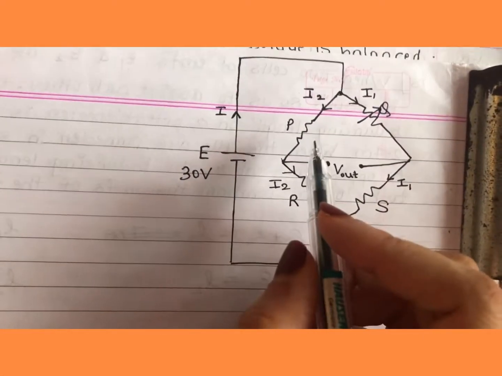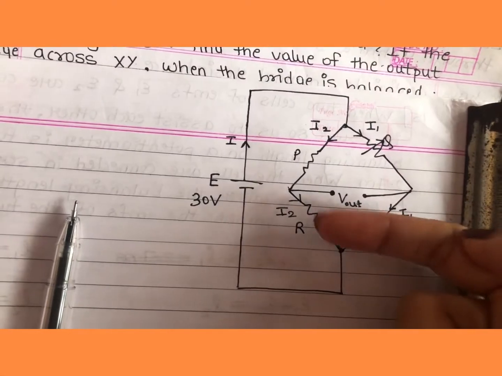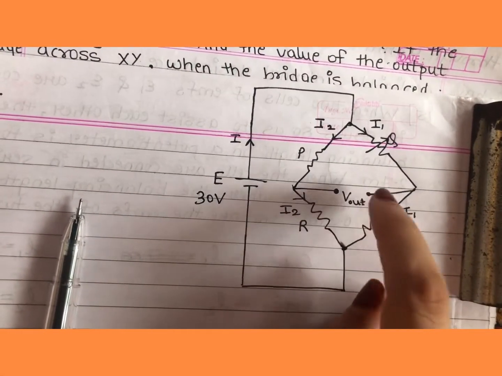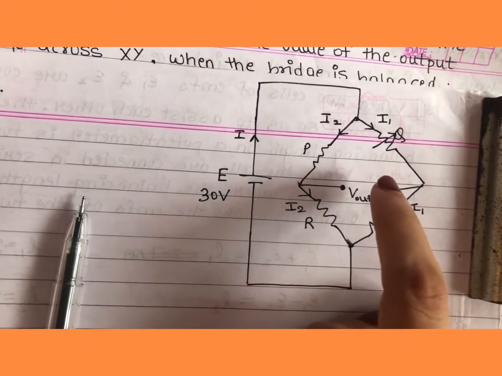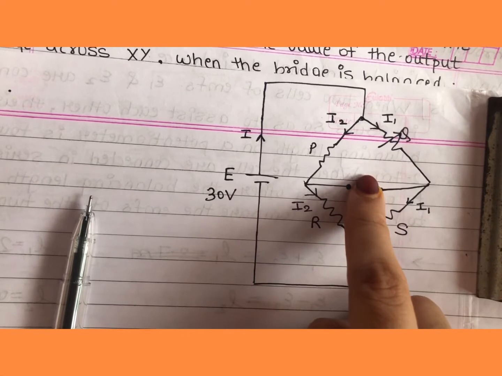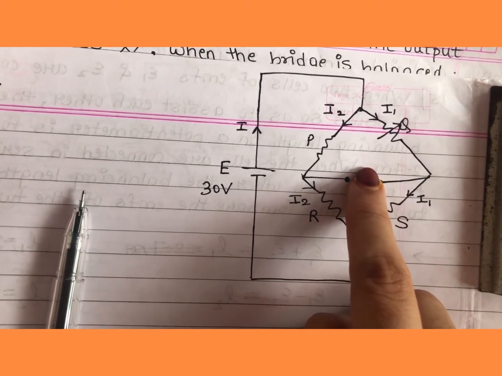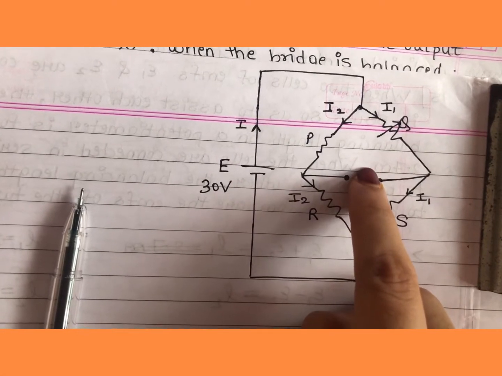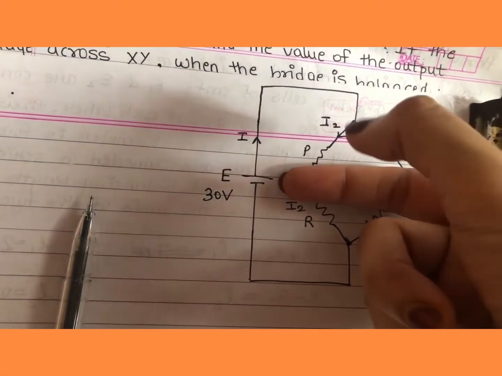The names of the resistors. So how will you write? Wherever we have the output voltage terminal, here there is output voltage, or we usually connect a galvanometer over here. You might have studied the theory part of this Wheatstone meter bridge. Here we connect the galvanometer. So how will you see? Wherever the galvanometer is, place your finger there.